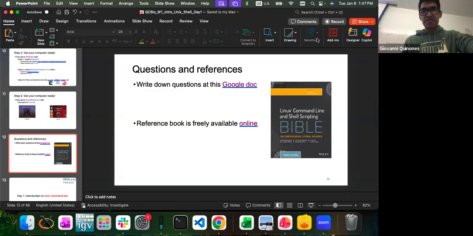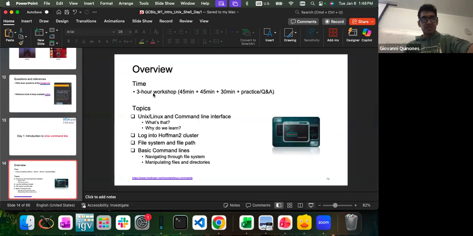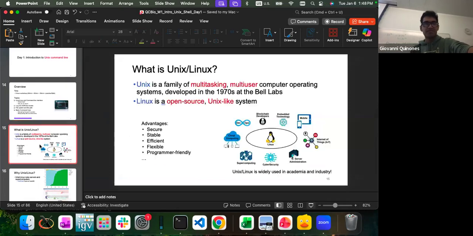Okay. And we also have a book here that you can use for your reference. But of course, other than this, there are plenty of online resources that you can look into. So let's get started. Here we have some more notes that Eloy already sort of went over. We're going to have 3-hour sessions, 45 to 50 minutes with a 10-minute break. And this is once again the overview on the topics that we're going to be covering.